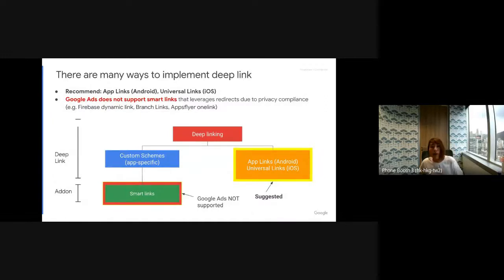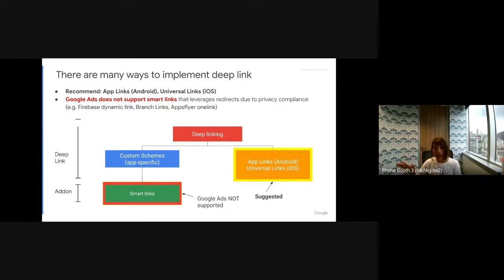Yeah, and a little more detail on deep links. When we talk about deep links, there are many types, basically two kinds here. One is app links and universal links, which are the official deep links provided by the OS suppliers, Android and iOS.